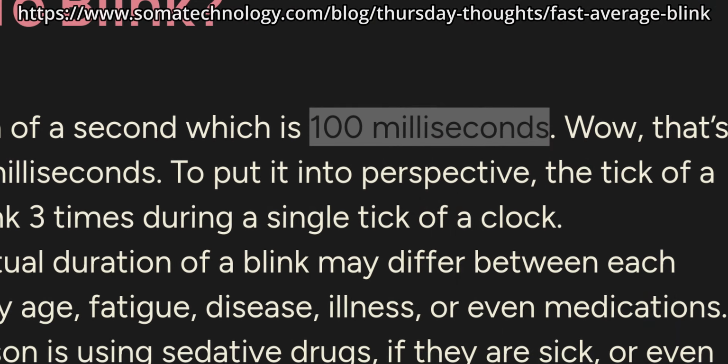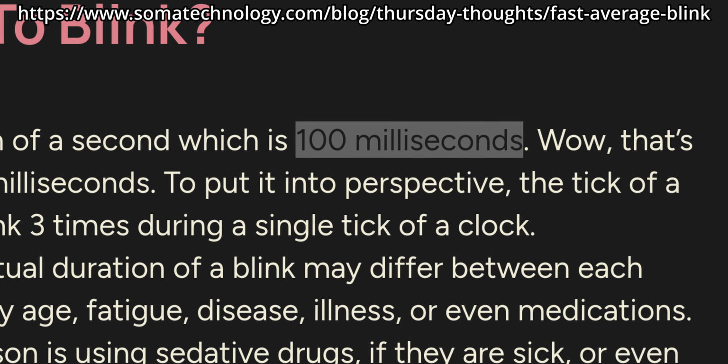Like, we think of the blink of an eye as pretty fast, but if Soma technology is to be believed, this is 3 times faster. Not that the blink of an eye is actually that fast in the context of display technology, but whatever, let's ignore that. Let's get to remote testing.